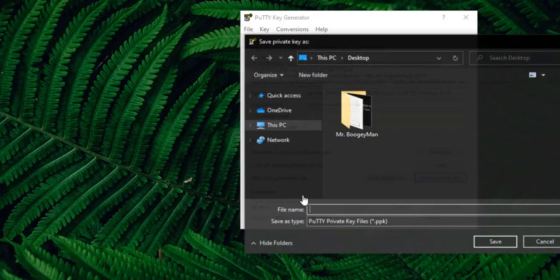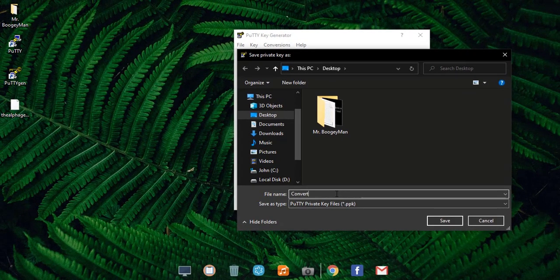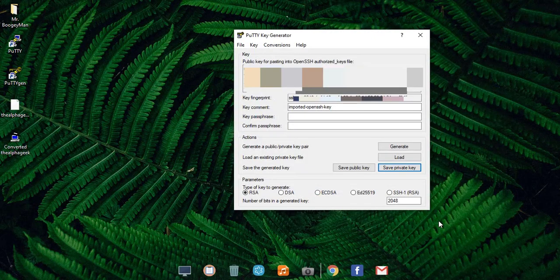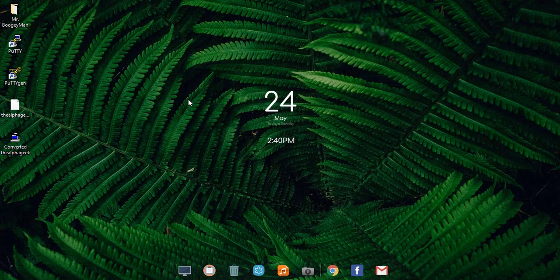So click Yes and save it as whatever you want, converted. This is a converted PPK key. Close PuTTYgen. Now you can go to PuTTY.